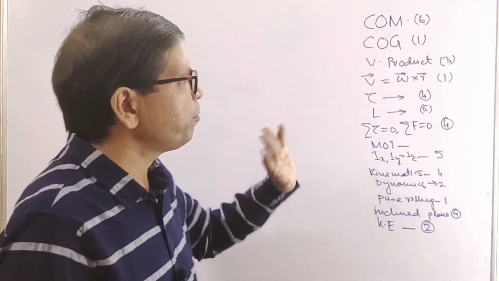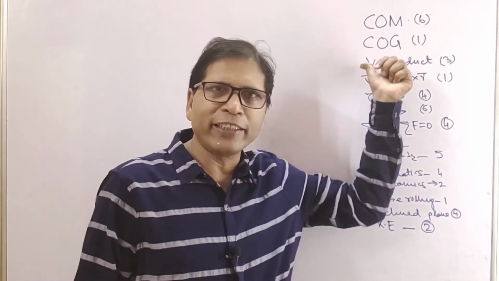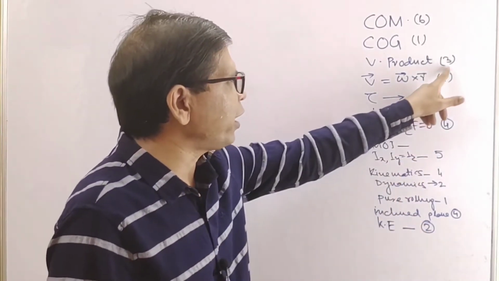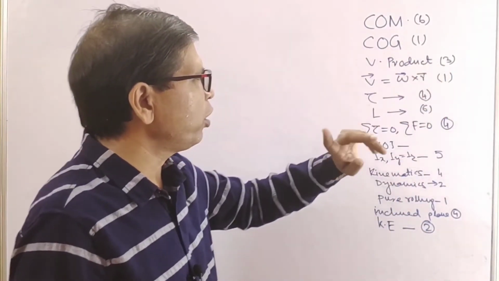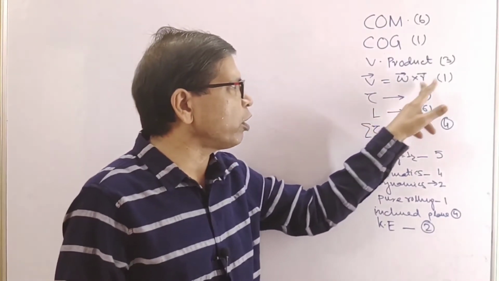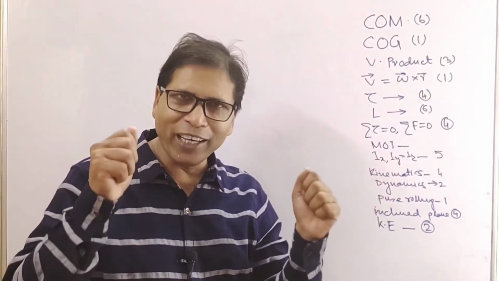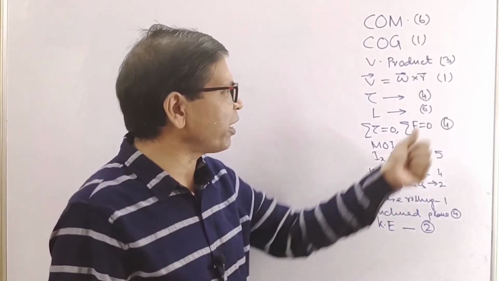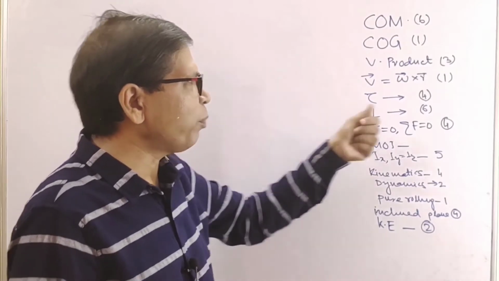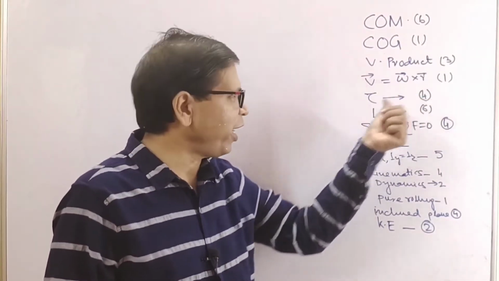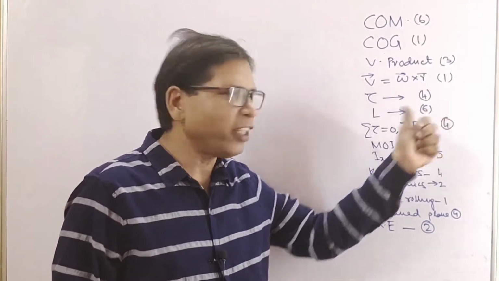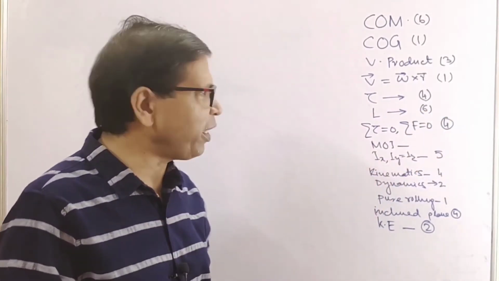center of gravity. Then vector product and its different characteristics and 3 NCERT numericals related to this. And then explanation of v vector equals omega vector cross r vector and one important NCERT numerical related to this. Then torque and 4 numericals related to it, angular momentum, 6 numericals related to it, conservation of angular momentum,